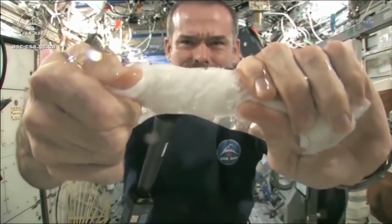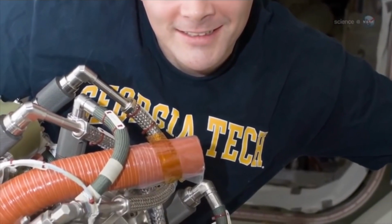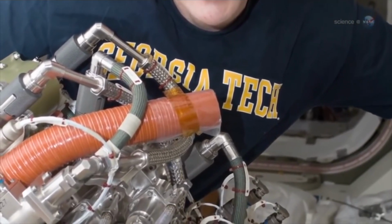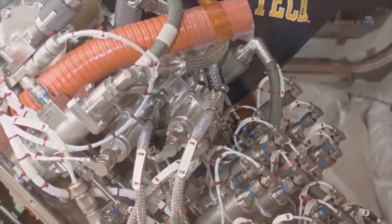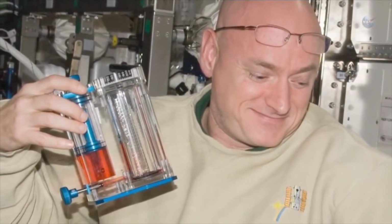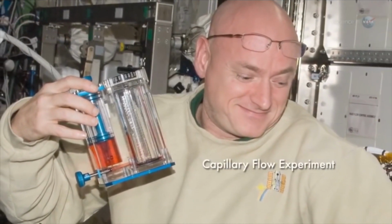The behavior of fluids is one of the most unintuitive things in all of spaceflight. This poses an extreme challenge for engineers designing spacecraft systems that use fluids. "Our intuition is all wrong," laments Weislogel. "When it comes to guessing what fluids will do in new systems, we're often in the dark." To develop a better understanding of fluids in microgravity, Weislogel and colleagues are conducting the capillary flow experiment on board